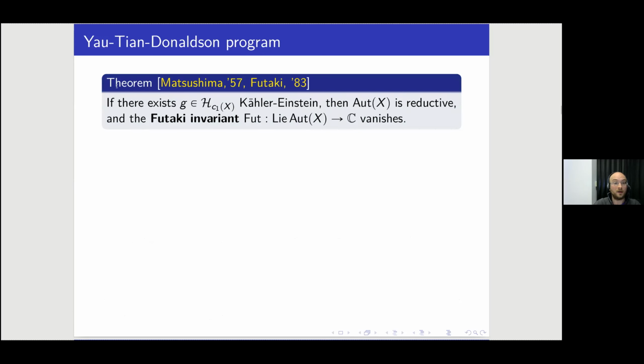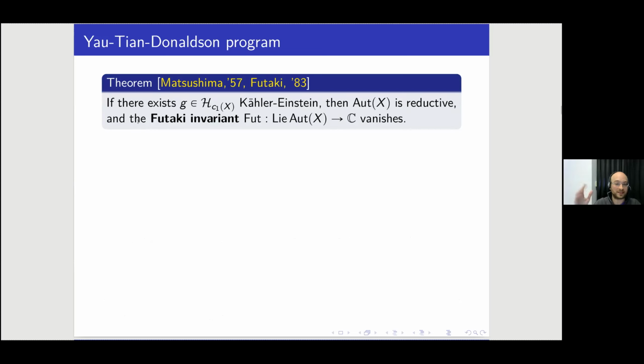And in particular, there is this theorem. So actually, it's two theorems, one of Matsushima and one of Futaki. I just put it in one box, let's say, that it tells us that if there exists a Kähler-Einstein metric in the first Chern class of X, then the automorphism group, so the group of biholomorphic diffeomorphisms of X, is a reductive group. So it's always a finite dimensional Lie group. But then if there is a Kähler-Einstein metric, it's reductive. So it's one strong consequence of the existence of a Kähler-Einstein metric in this case, by the way.